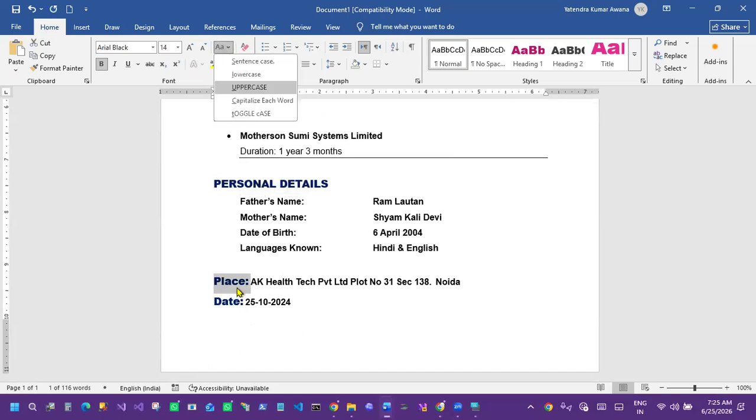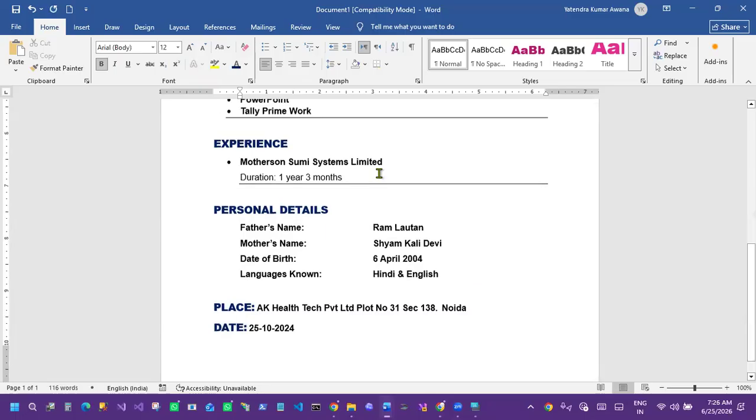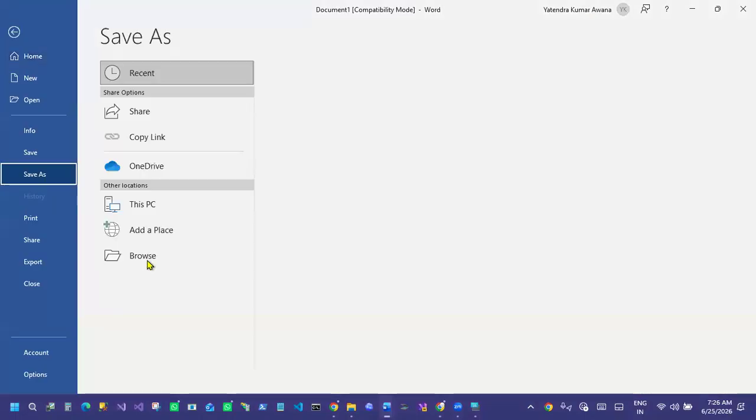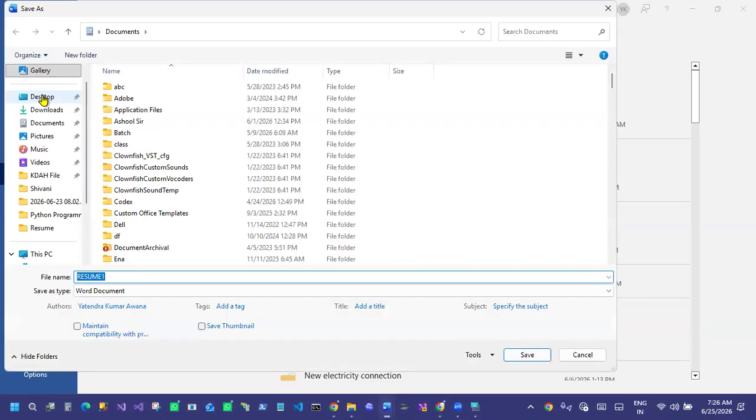So when you use all these options, then we can do tasks quickly and very easily. Then we will save this file, save as, go to the location, make a folder. Anywhere you can make a folder, like on desktop, I can click on new folder.